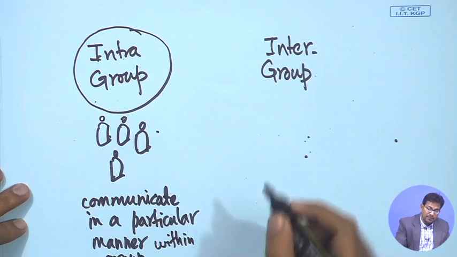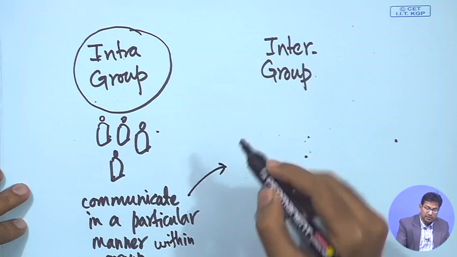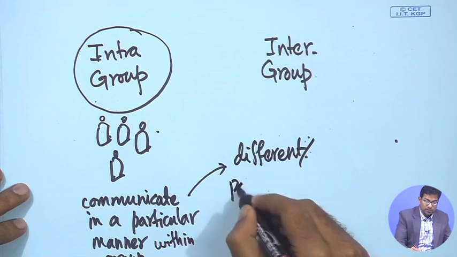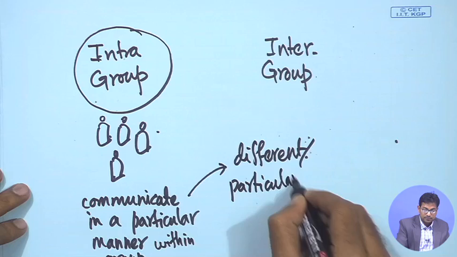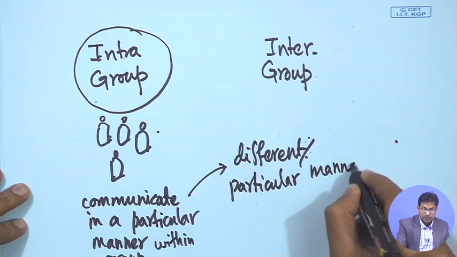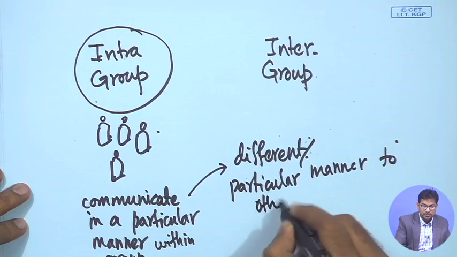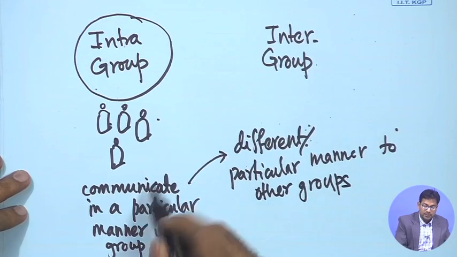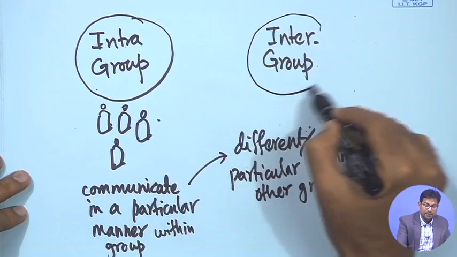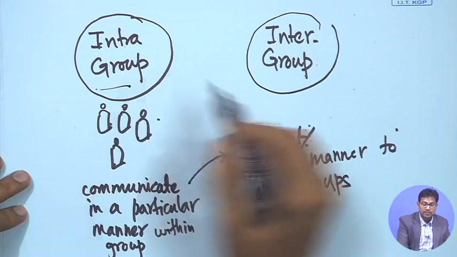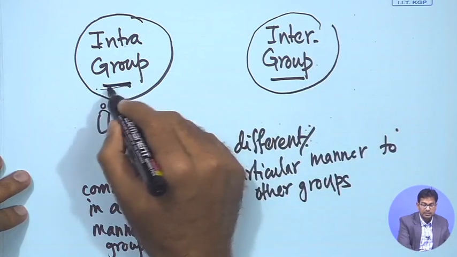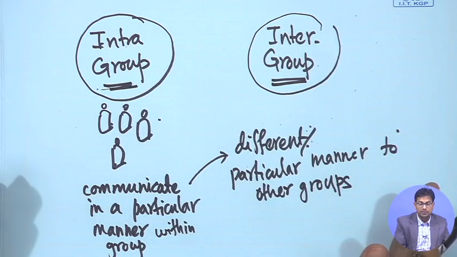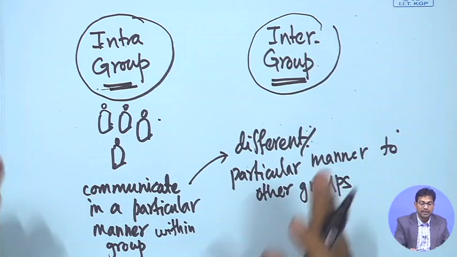and at the same time this group communicates in a different manner, or in a particular manner, to other groups. So, this is a very clear example of intra-group communication and intergroup communication, and it is very apparent that this communication would vary based on what kind of group that you are in and what kind of activity that you